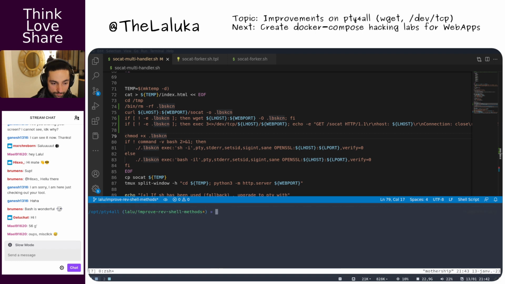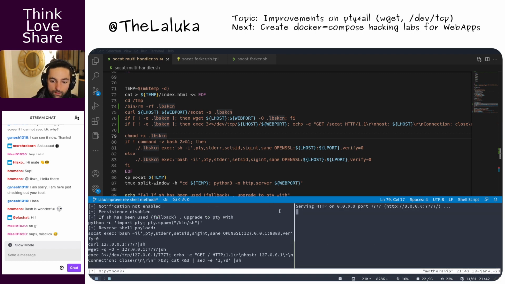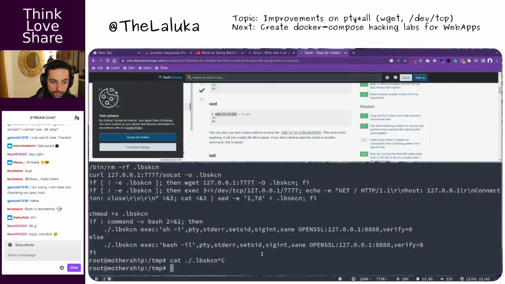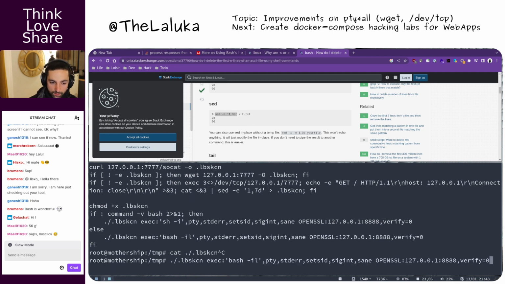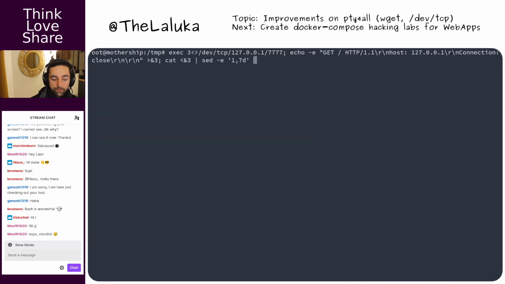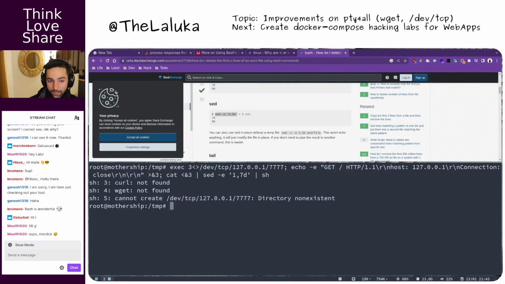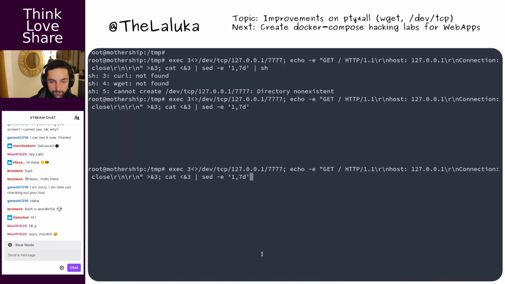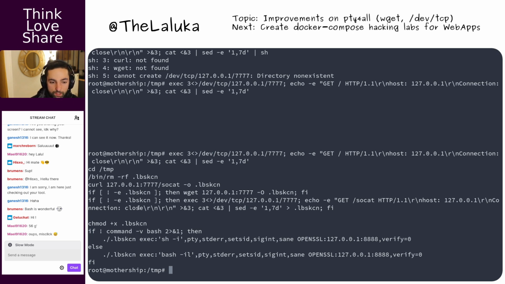Another try. I'm trying to get back to this script, the one we had, and just add the type sh, and it's still a nope. So just script and see what went wrong.